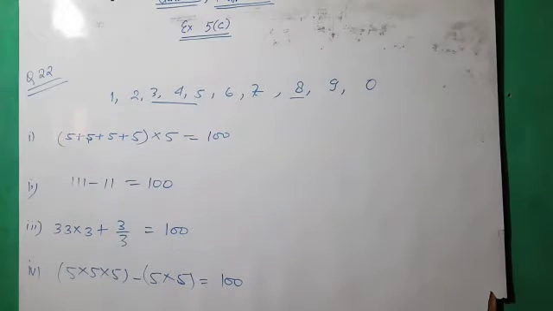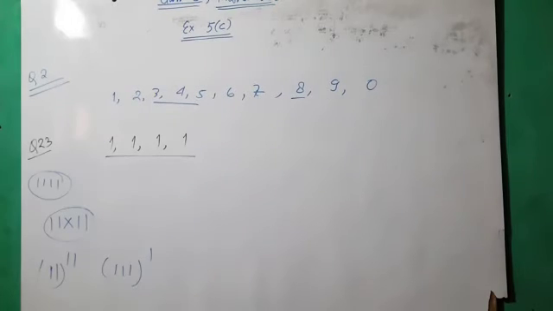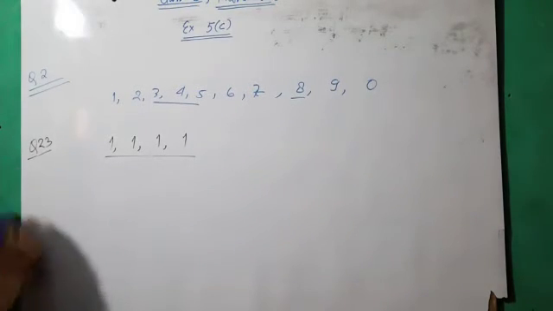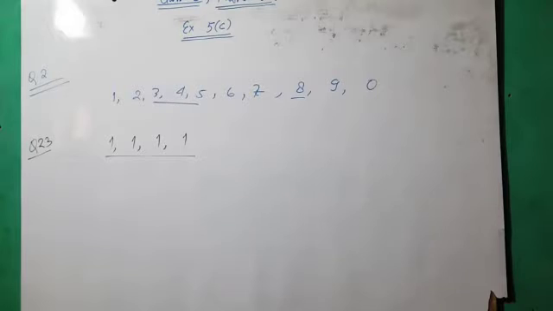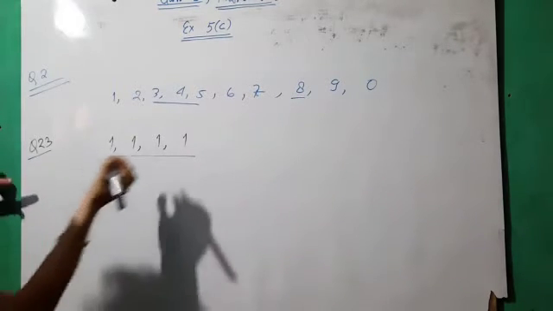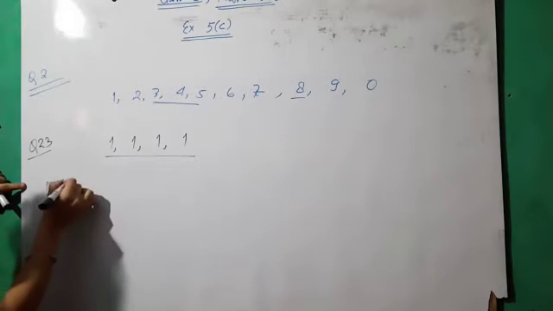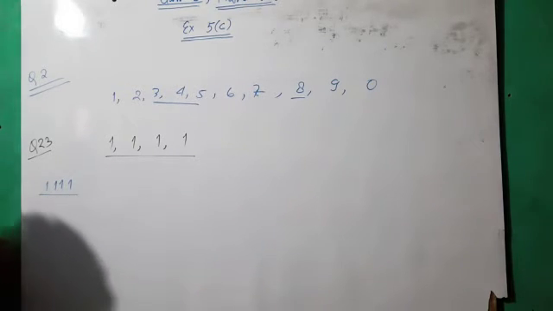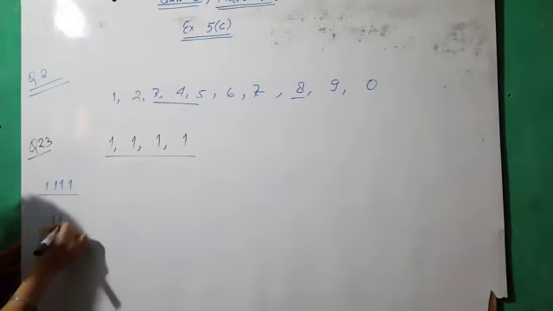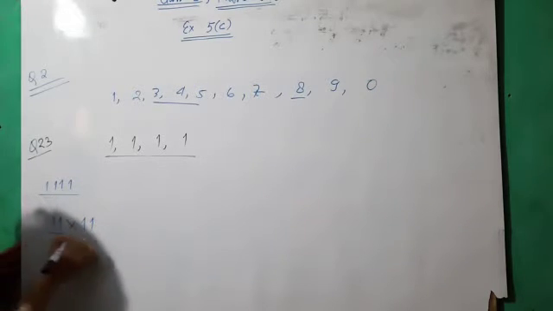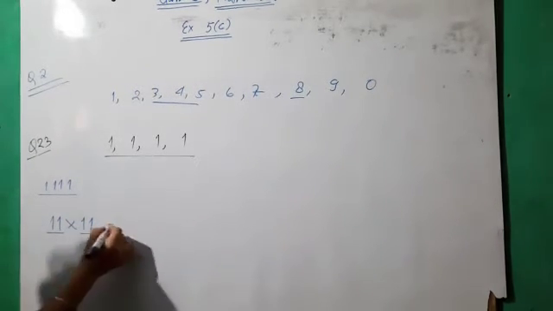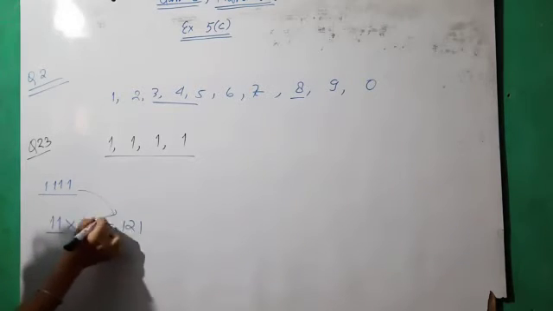Next question 23. What is the biggest number that can be written with 4 ones? By using 4 ones, we have to find the biggest number. Now here we will discuss the methods for this. First one, we can think of 1111. Second one, if we use 2 digits at a time, 11 into 11, this is 11 squared, 121. This is less than 1111, so we cannot use this.